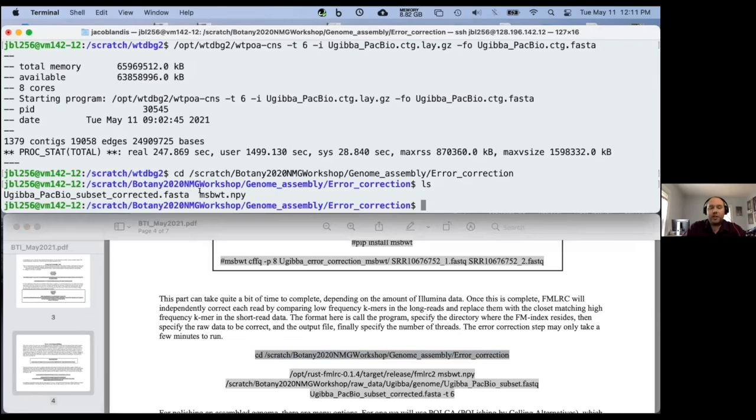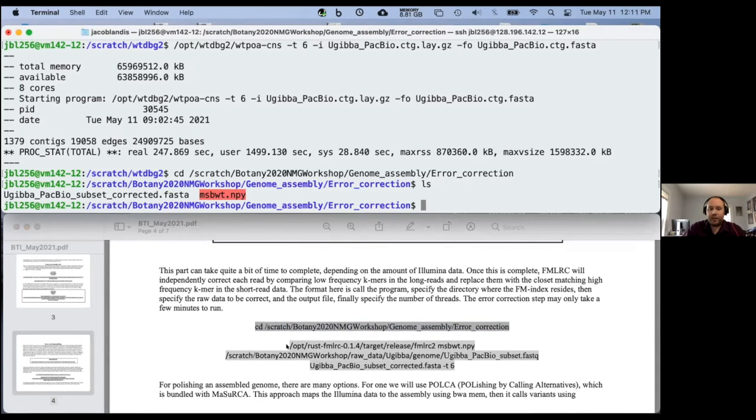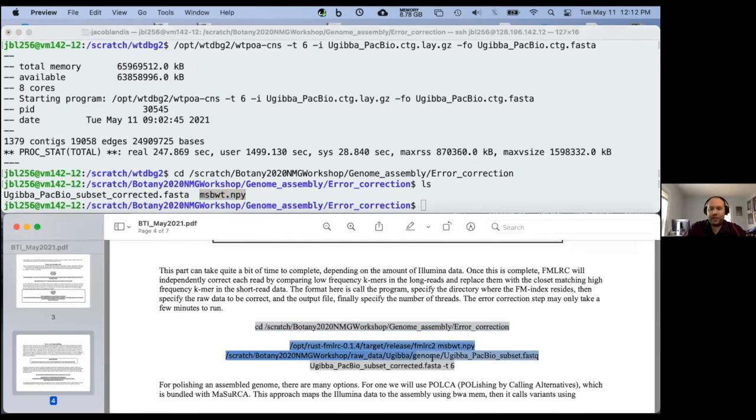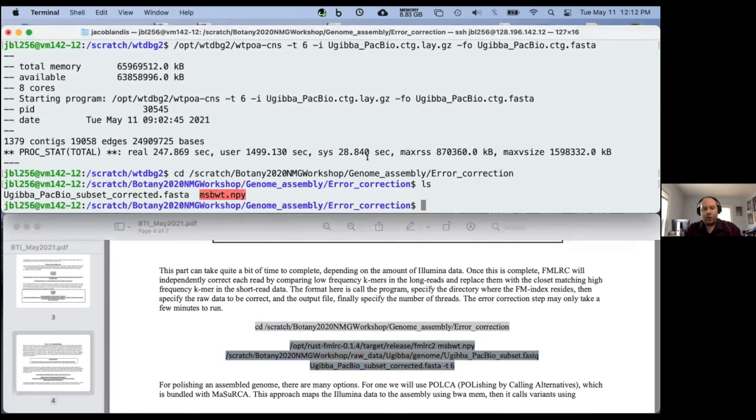You will see this transform file that we're going to use to error correct our long read data. And so the command to give this is here, where you're going to call FMLRC and you're going to tell it,